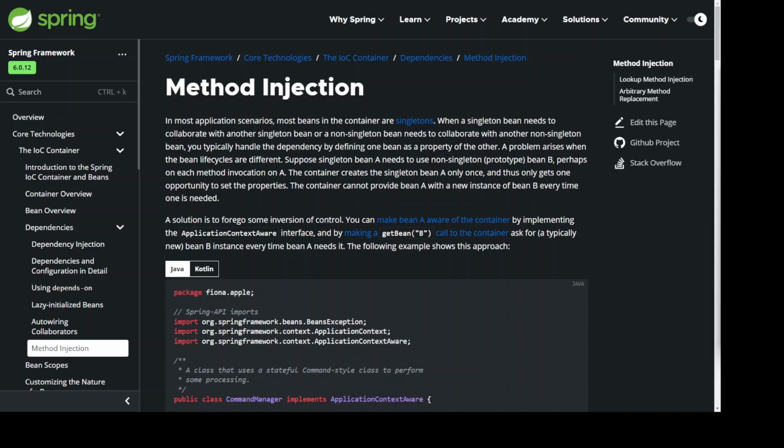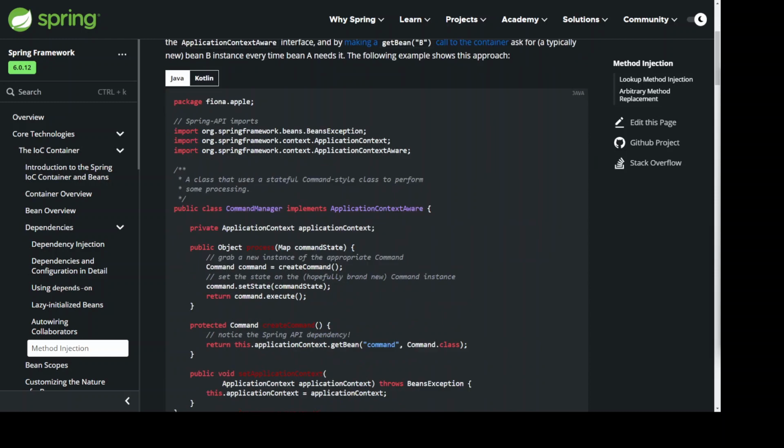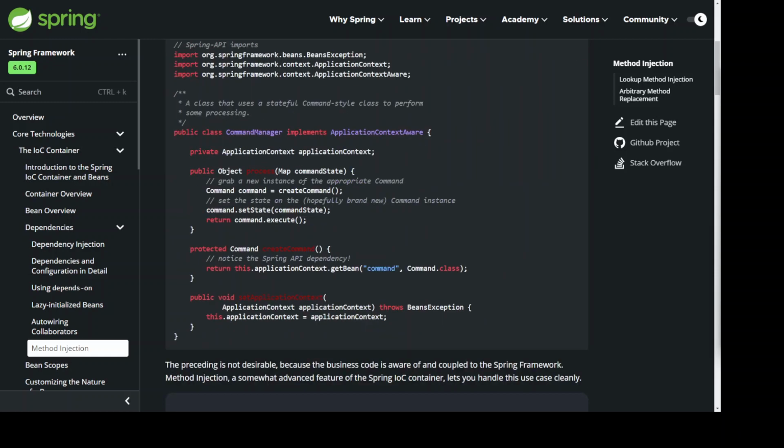Package fiona.apple; // Spring API imports. import org.springframework.beans.BeansException; import org.springframework.context.ApplicationContext; import org.springframework.context.ApplicationContextAware; // A class that uses a stateful Command-style class to perform some processing. public class CommandManager implements ApplicationContextAware { private ApplicationContext applicationContext; public Object process(Map commandState) { // grab a new instance of the appropriate Command Command command = createCommand(); // set the state on the (hopefully brand new) Command instance command.setState(commandState); return command.execute();